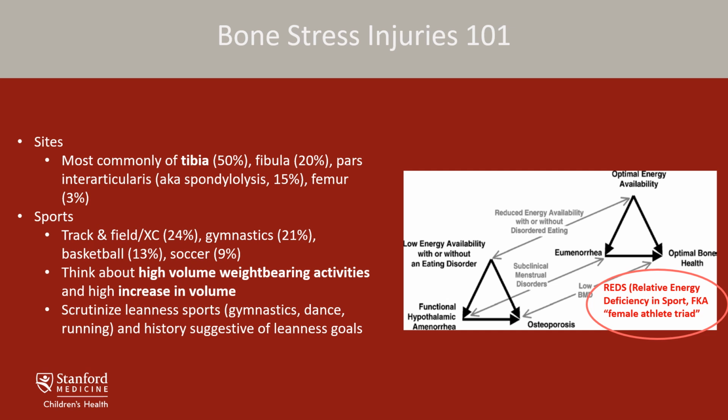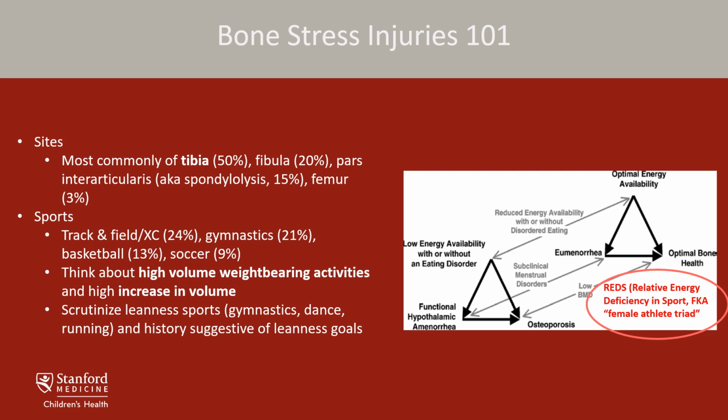They're also common in runners, gymnasts, basketball players, soccer players. So think high impact, repetitive impact, especially if someone is ramping up their volume and their increased volume of activity looks like going from 0 to 100 too quickly. The most common athlete types with bone stress injuries also represent sports that emphasize leanness, so things like running, gymnastics,